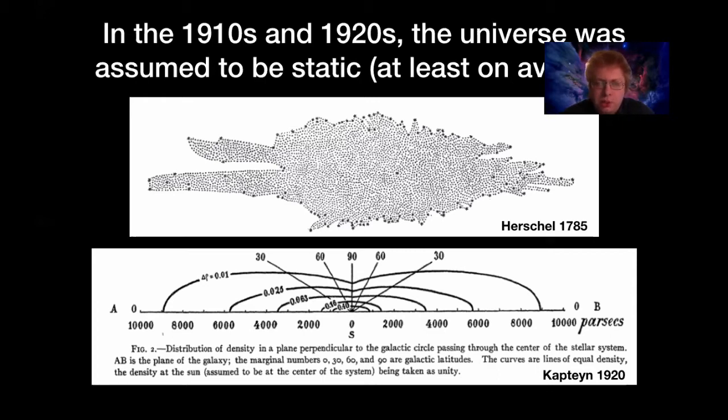We talked about this in the Great Debate lecture last week. You can count the stars in the different directions of sky, and you can see that we seem to be in this flat, disk-like structure of stars, which we call the Milky Way. And we learned last week that eventually we were able to figure out that there are these other island universes that are very similar to the Milky Way, called galaxies that are out in space.